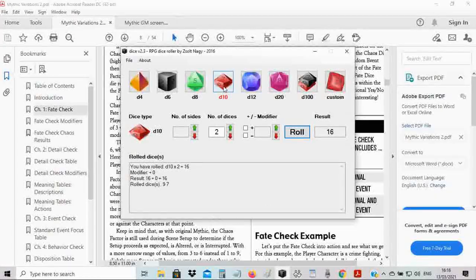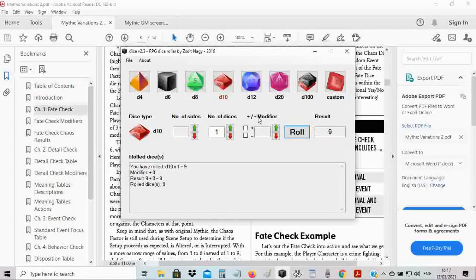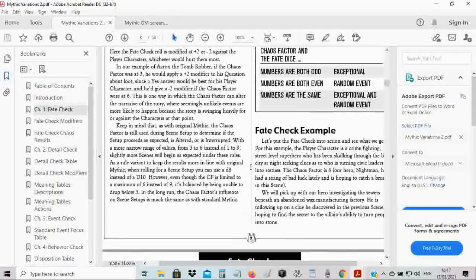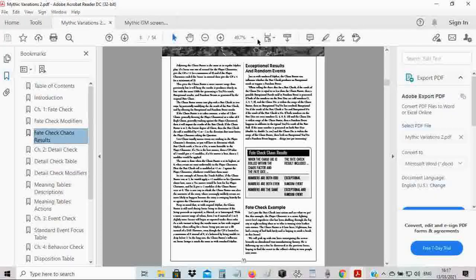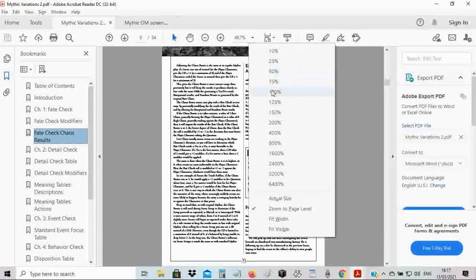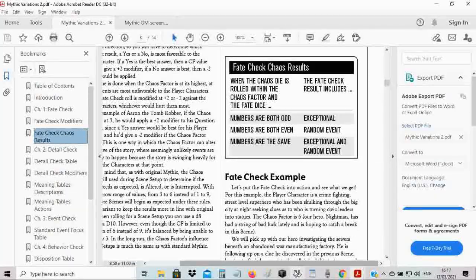Now we're going to roll the chaos die, which is just one 10-sided dice. Let's see. 9. It's an odd number, meaning it doesn't really affect the outcome that much. However, as shown here, suppose that with our 24 we also got